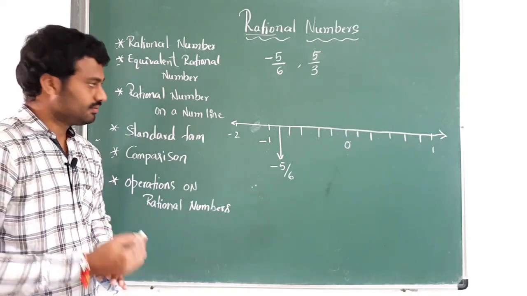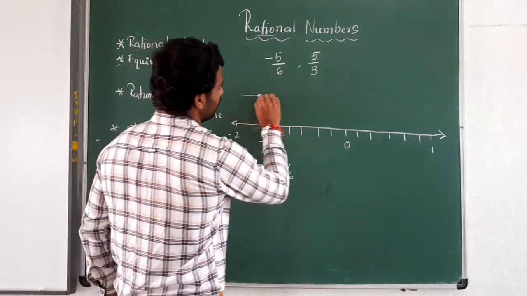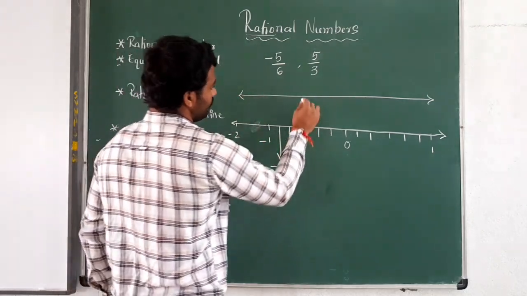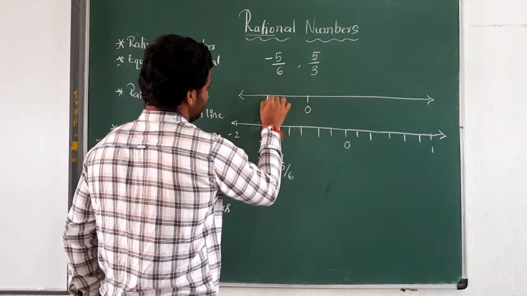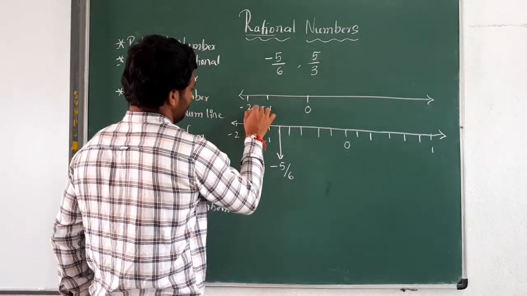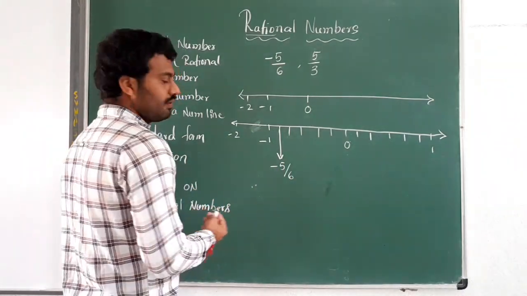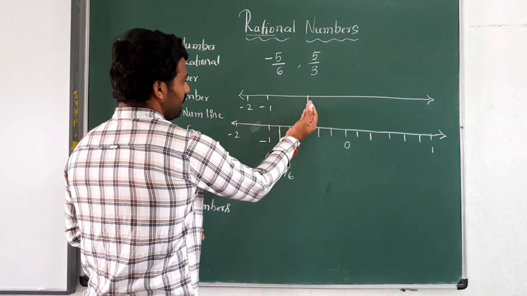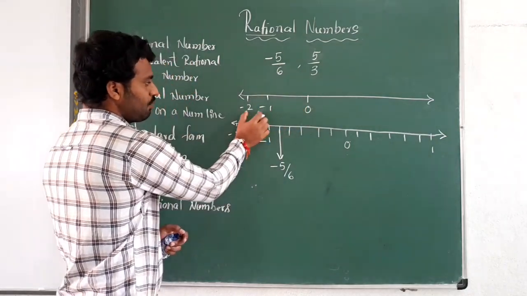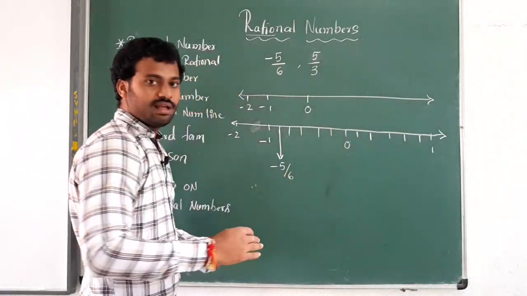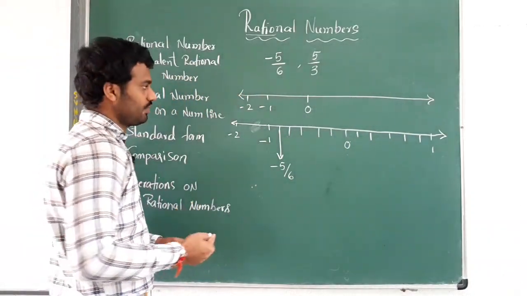Is it clear? Very good. So, another number unit should be equivalent. Okay, for your understanding purpose, on the left side I am writing the small units, and on the right side, the positive numbers, I will write somewhat larger.